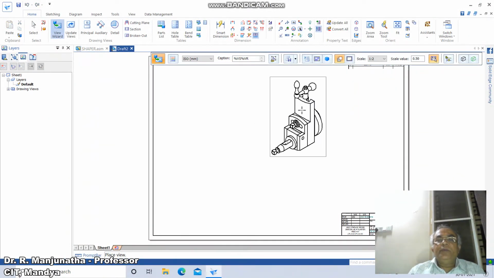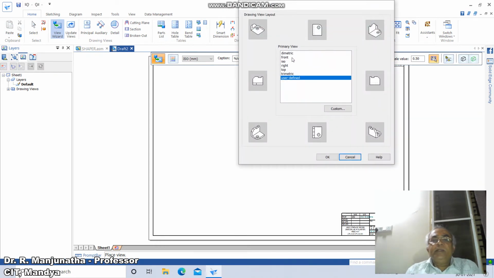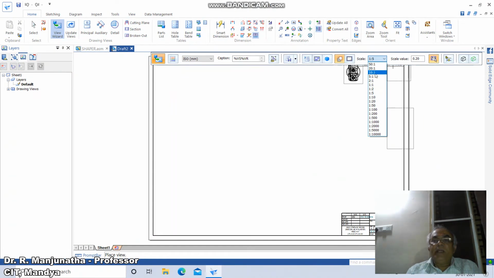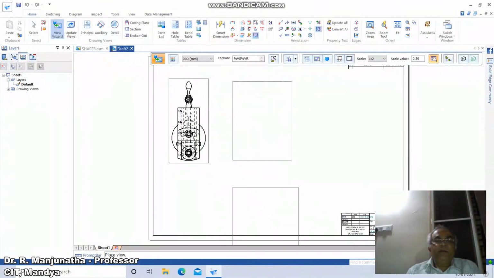So here we need to have, you just click over this and then go to the front, and also you take the right view, sorry, front, and then the right, and then 3D, and then say OK. Take 1:2 scale, and you can see you will get the parts here.